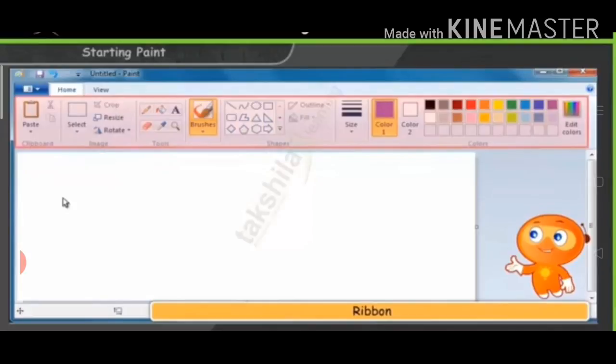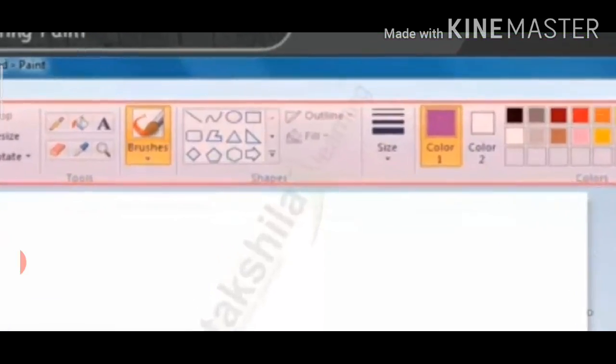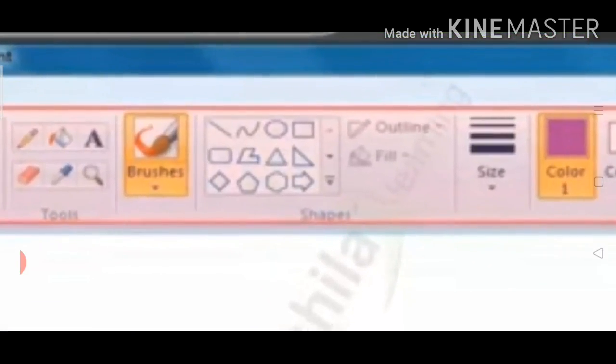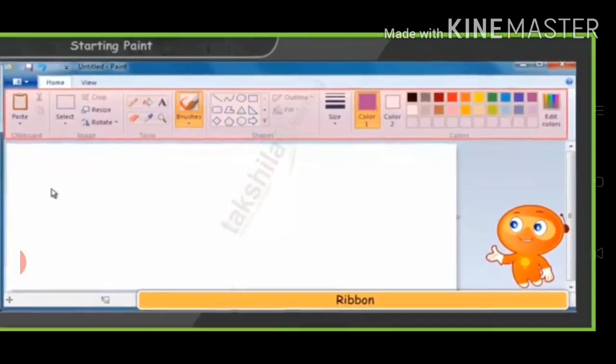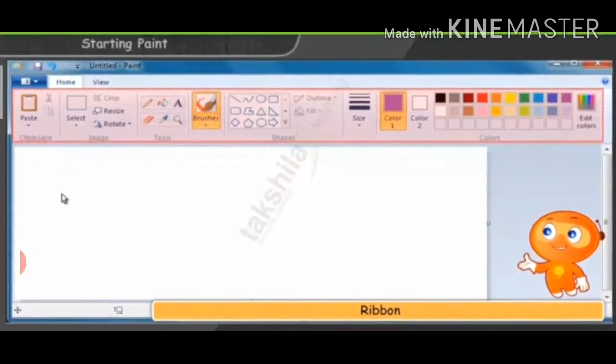This ribbon contains many groups, and these groups contain many tools. For example, we have this shape group, which contains many shape tools like triangle, circle, oval, lines, pentagon. Many shapes it contains.